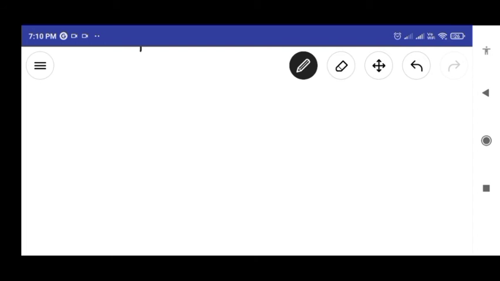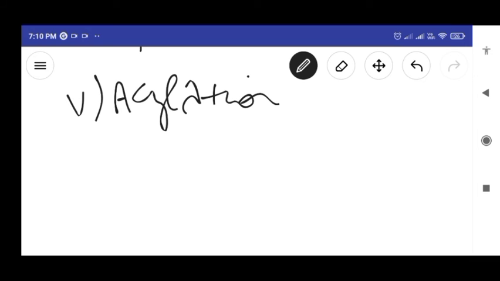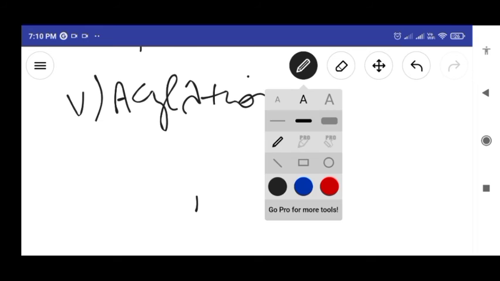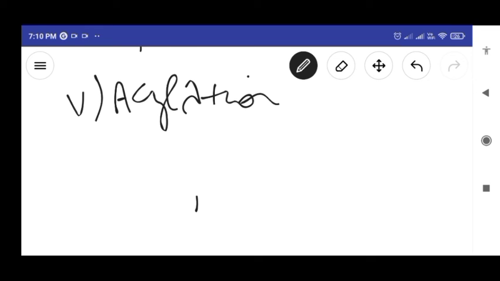The next evidence is acylation of glucose. Acylation of glucose with acetic anhydride gives glucose pentaacetate, which confirms the presence of 5 OH groups. Since it exists as a stable compound, the 5 OH groups should be attached to different carbon atoms. If we do acylation on a compound, it is evident how many acyl groups are formed.